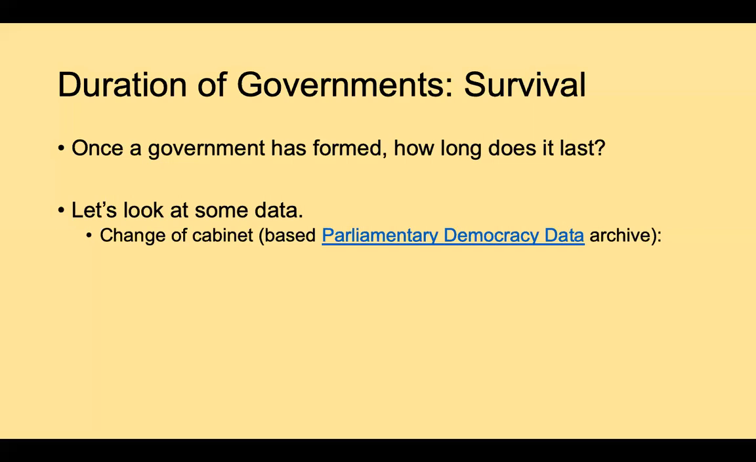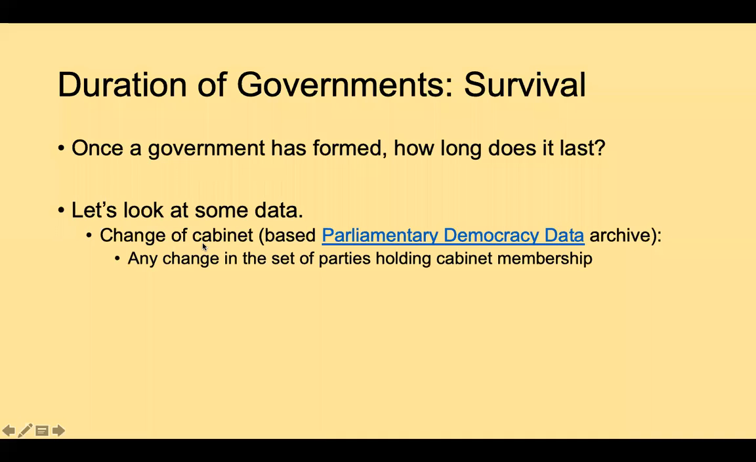Let's look at some data, though, to get a sense of this. We can conceive of a change in cabinet or a change in government in the following ways. Any change in the set of parties that holds cabinet membership, and so in the partisan composition of the cabinet, any change in the identity of the prime minister, and so maybe the parties don't change, but the individuals change, and you get new ministers, and there's this sort of changing of the guard, or a shuffling, so to speak,